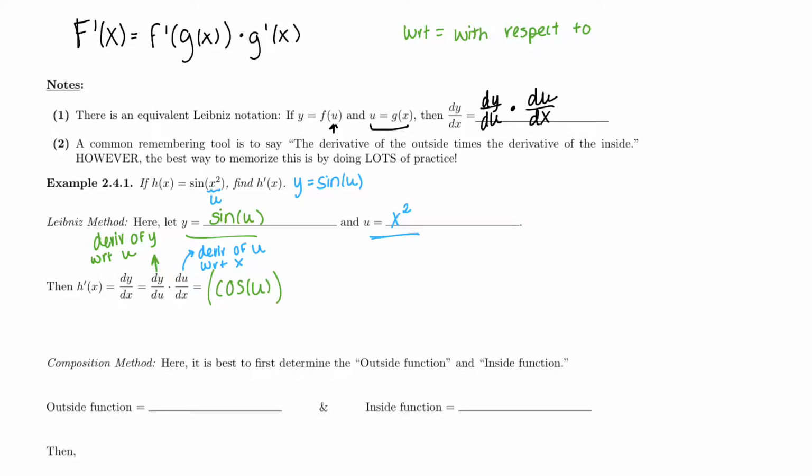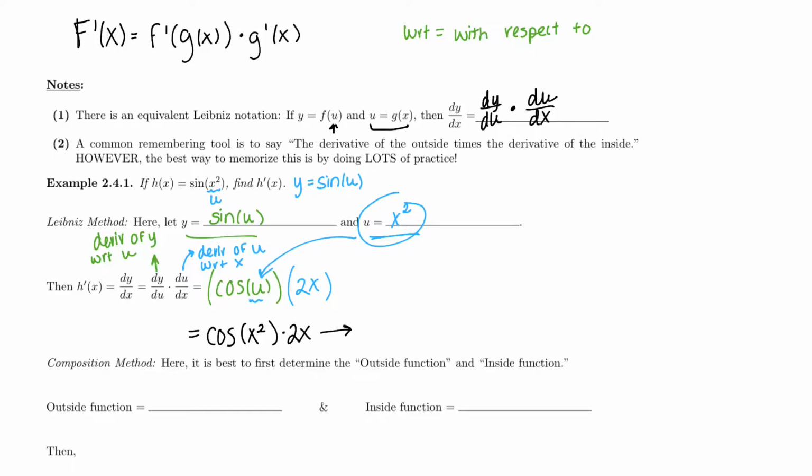So this is my u, and the derivative of that with respect to x would be 2x. However, this won't be our final answer because our final answer has a u in it, and our final answer should have no u's in it. So you use the fact that u was x squared to plug in for there. So you get cosine of x squared times 2x,